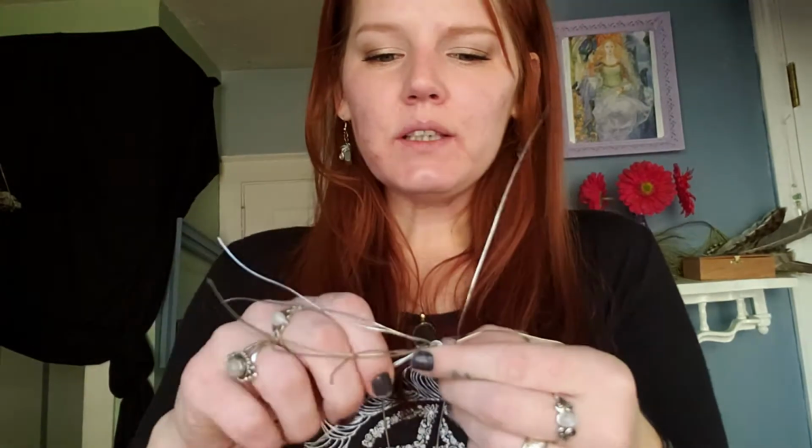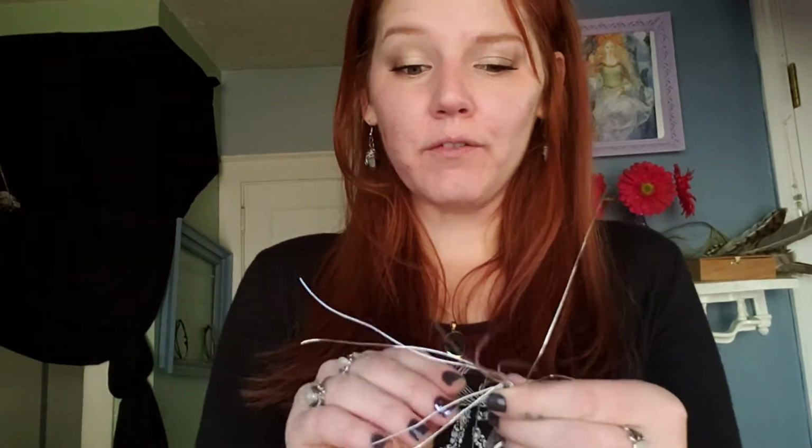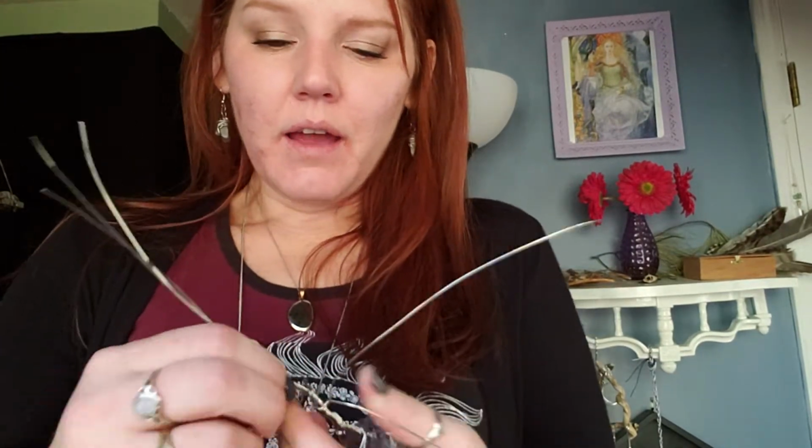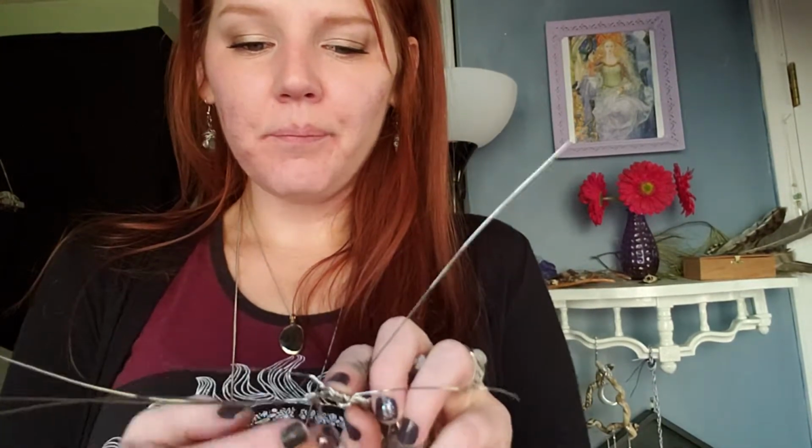The reason I started making these is because I went to my local metaphysical shop and I seen these crystal trees and I was like, man, those are so cool. But they were like $40, $50 for little ones. And you know, as a poor person, basically, I'm not going to pay $30 for something that looks like I can make it. So what I did was I went to the craft store and I found the,